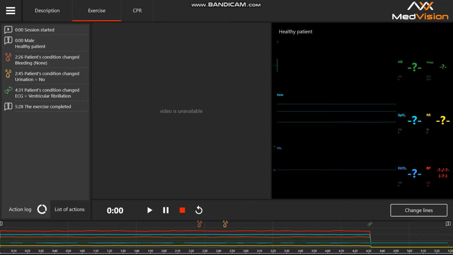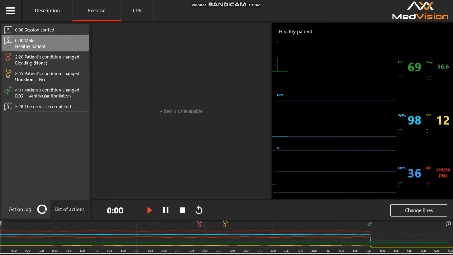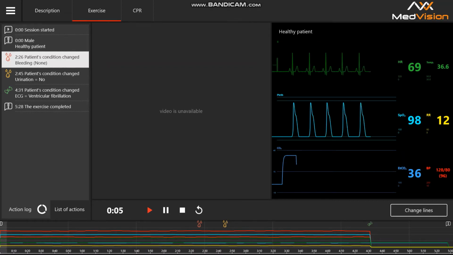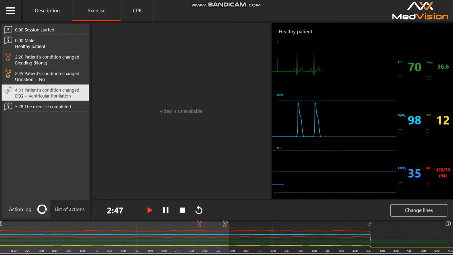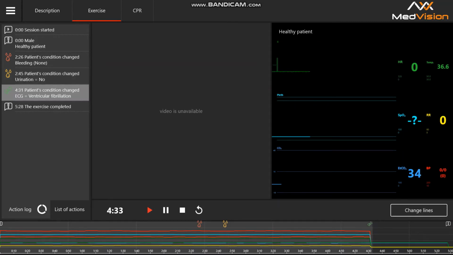So on this left side here, you'll see everything that happened in the previous session. So we press play, and then you'll see the vitals pop up. Everything will continue. There's timestamps, so you can click on it and then see what happened at that time. So here we made the patient bleed. Here we made the patient urinate, and then here we made the patient go into VFib, and all of that